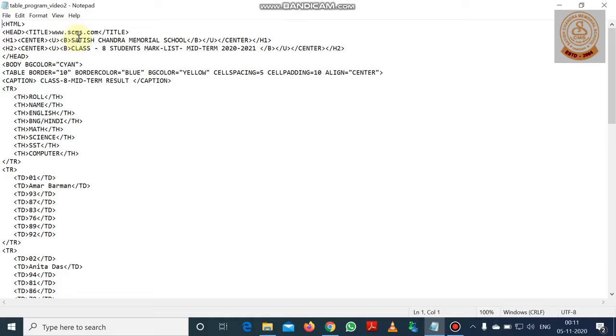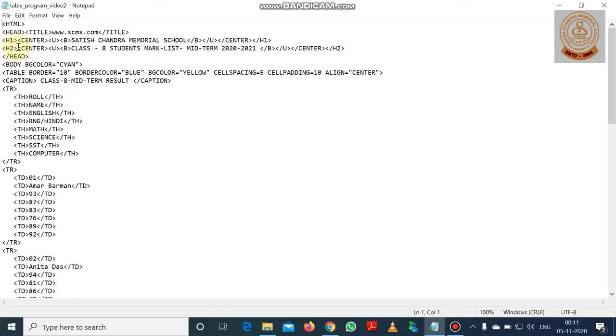And after that, the first heading, Satish Chandra Memorial School, comes, and the heading is completed with the ending tag of bold tag, ending tag of u tag, ending tag of center tag, and ending tag of h1 tag.